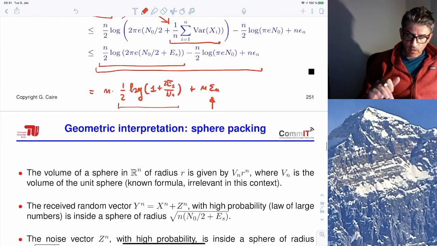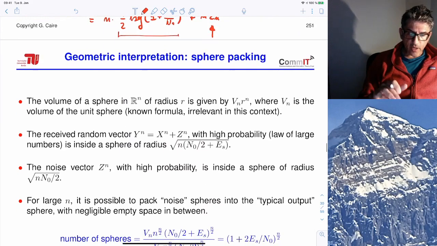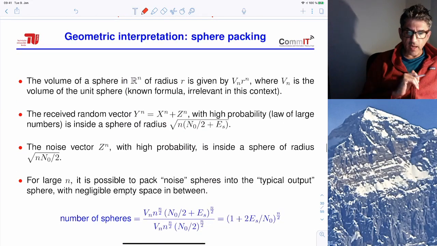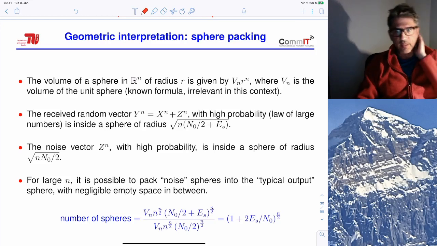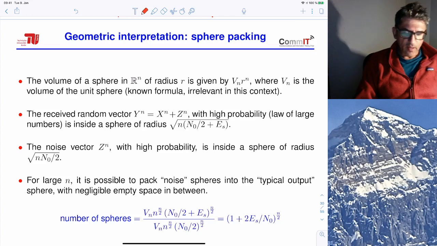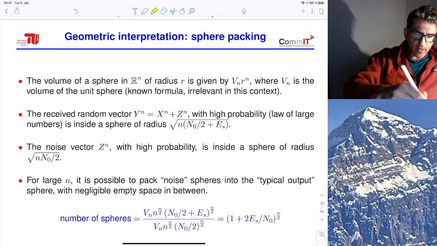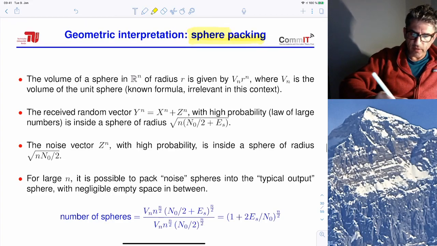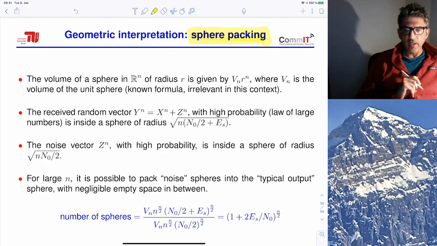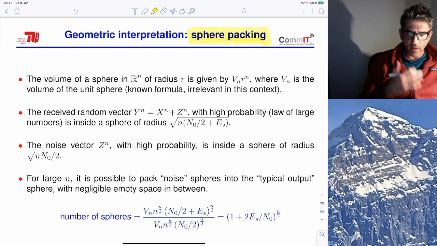Okay? So the geometric interpretation here is very nice, because when we deal with Gaussian channels, everything becomes really nice and geometric. And also here you get the intuition of why this famous lemma, at the basis of the proof of the achievability of the channel coding theorem, is called sphere packing, because here we are actually packing real spheres in the real space. So as I already said,